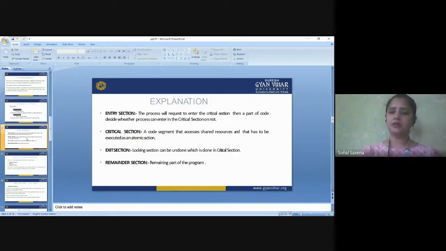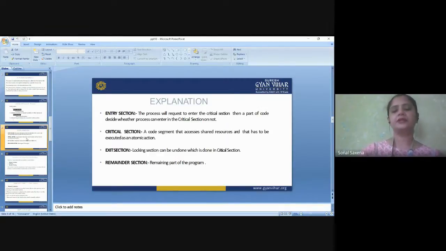So see, there is even one more process here. What happens when a process enters inside its critical section, the critical section gets locked up. Okay, locked up means no other process will be allowed inside. Now, as soon as the process completes its execution and goes through the exit section, what does it really do? It unlocks the critical section. It signals and unlocks the critical section to allow the other processes. So this is why we say that the critical section gets locked once a process gets inside it.